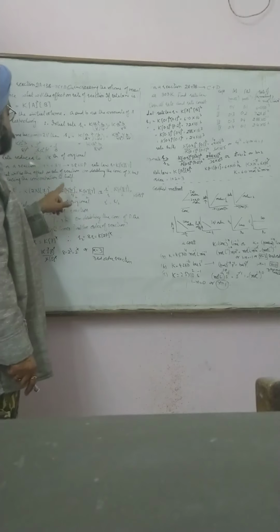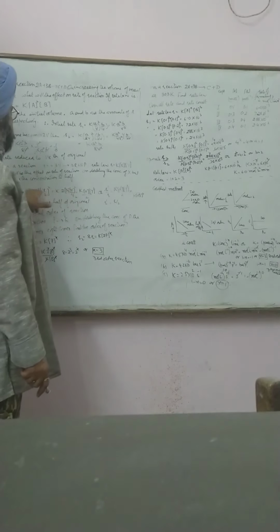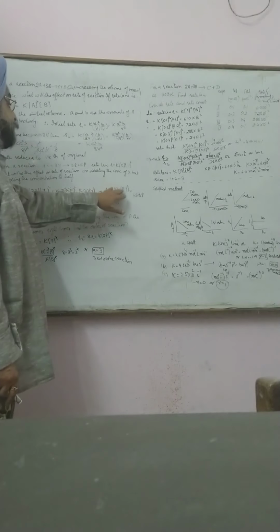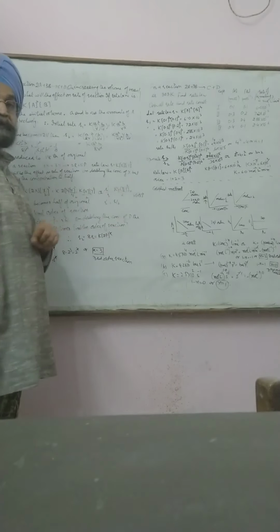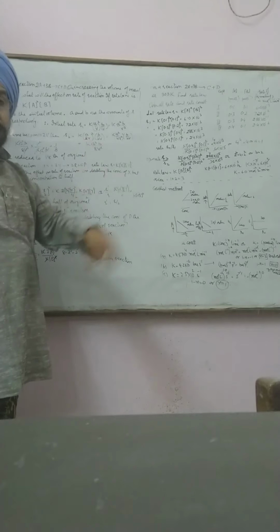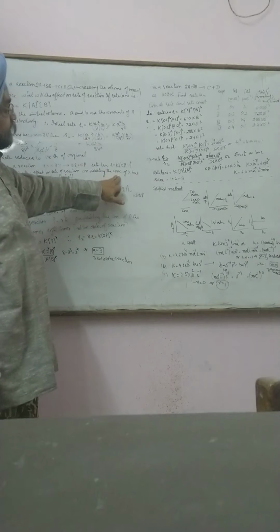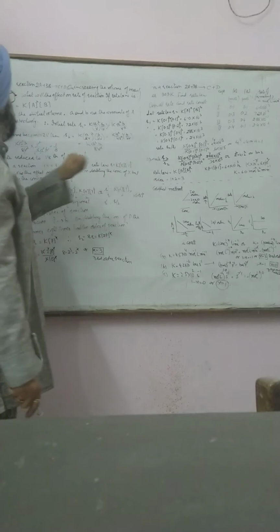The answer will totally change. And if in both cases the concentration is doubled, in that case here will be 2x, here 2y square. In that case you will get 8 at the numerator. The rate will enhance 8 times of the original. But here in one case the concentration is enhanced, but in another case reduced.